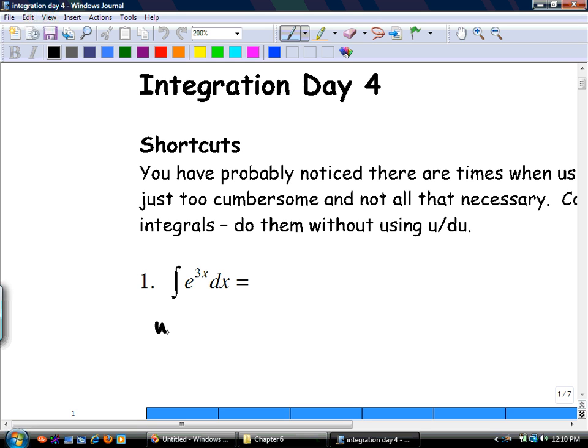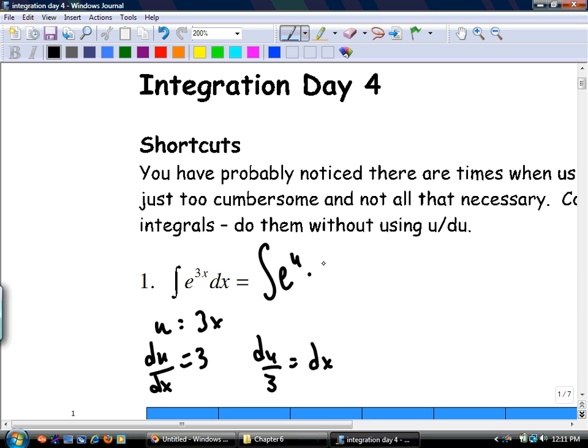So u equals 3x, du over dx equals 3. And then you look at it and you go, Mr. F, there's no 3 there. So you move the 3 over to the other side. So you have du over 3 equals dx. So the antiderivative becomes e to the u times du over 3, which becomes 1/3 integral